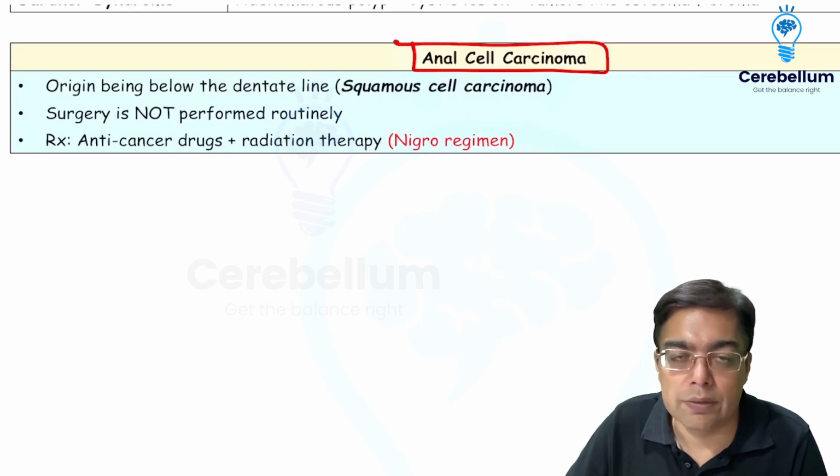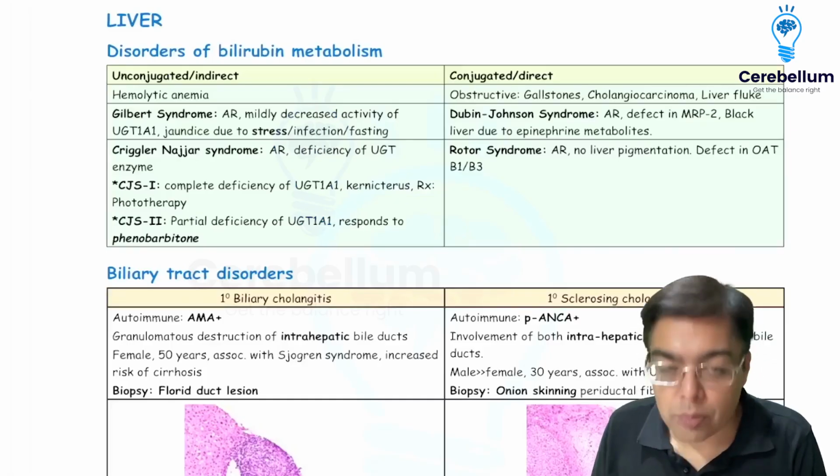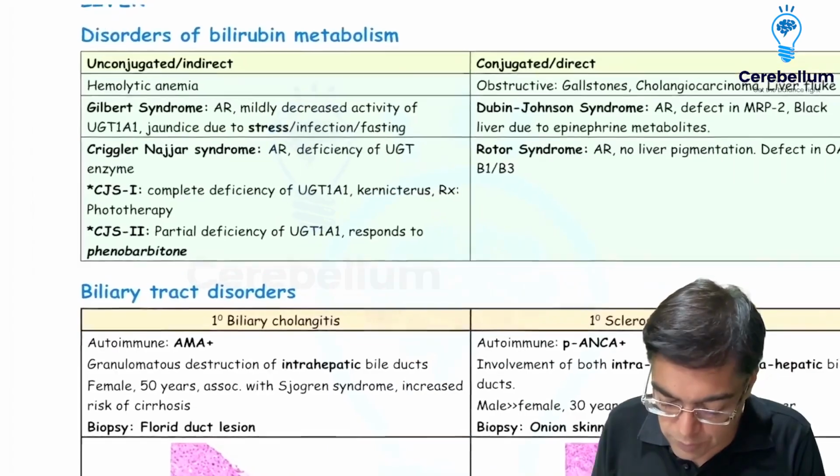with the GI tract. We'll now talk about the next topic in systemic pathology, and that is a discussion of the hepatobiliary system. Now, when you talk about the hepatobiliary system, let us first start off with the basic facts with regard to the disorders affecting the